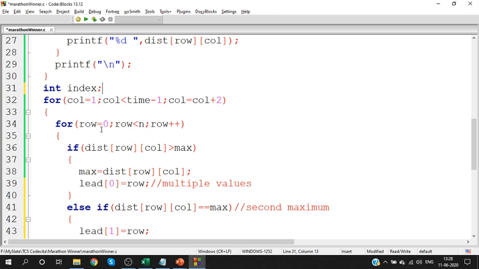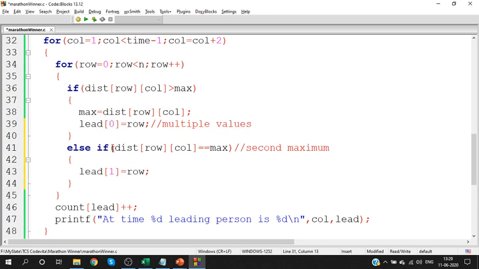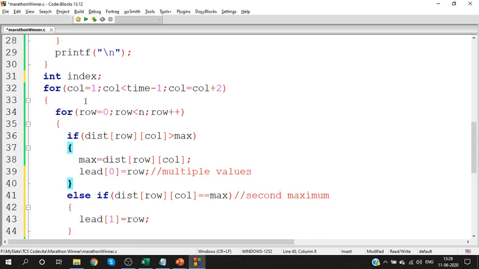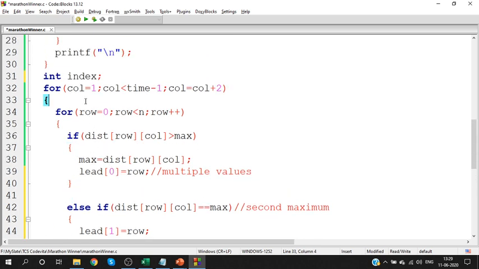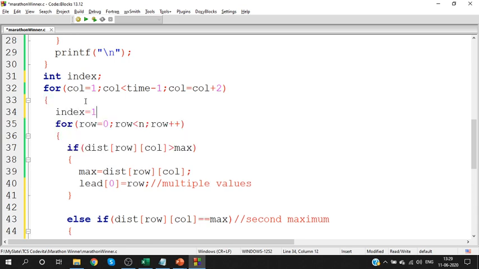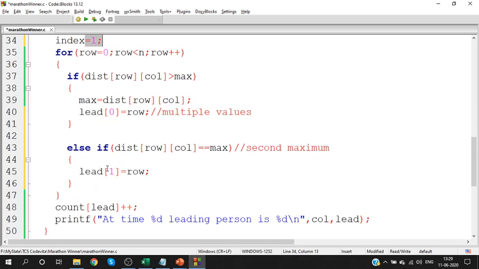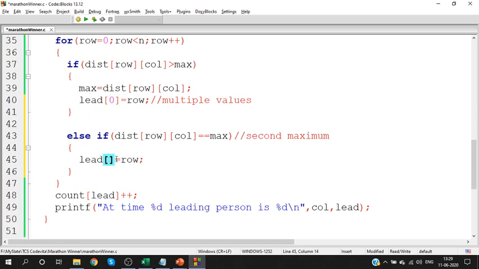Okay. So first time, store it in index. I cannot say there will be only one more lead. There might be 4 leading persons. There might be 5 leading persons, right? So what you have to do is start index value from 1, because 0 is stored here. Starting from the first index, which means starting from the second value, it will be stored in the else if part. Can you all understand this?